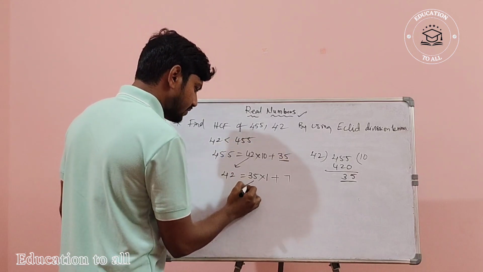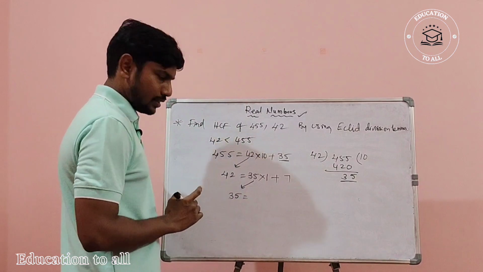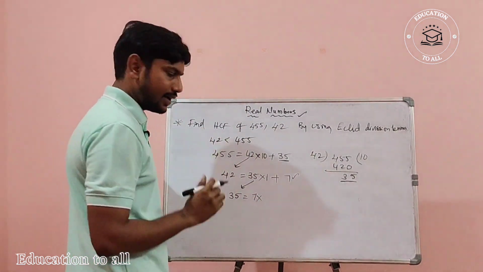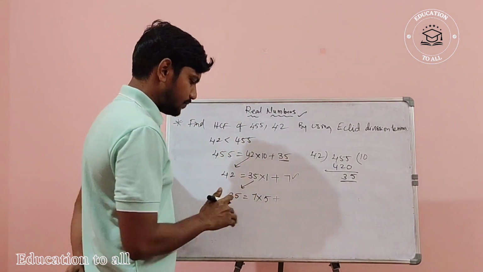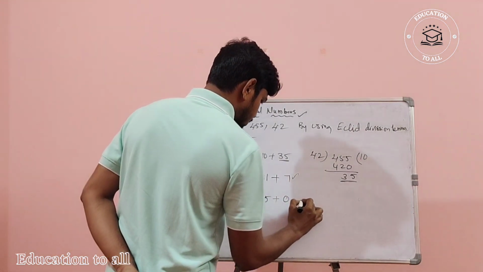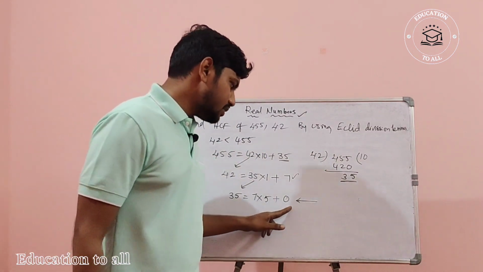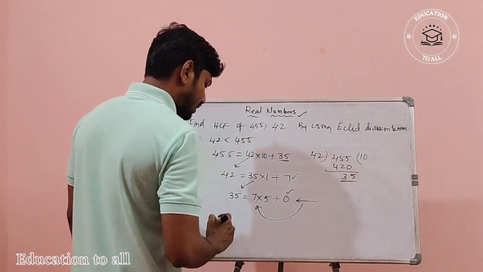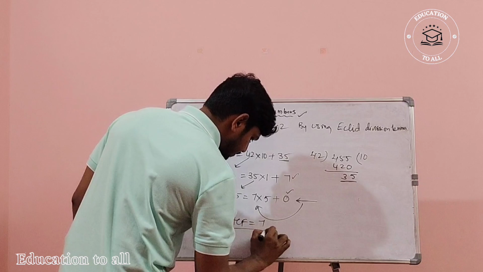Next, this 35 should be written as the dividend, and 7 is the divisor. How many times does 7 go into 35? Exactly 5 times. What is the remainder now? 5 times 7 is 35, so 0 is the remainder. So we have to stop applying Euclid division lemma. When the remainder is 0, the divisor which gives remainder 0 is called the HCF. So the HCF is equal to 7